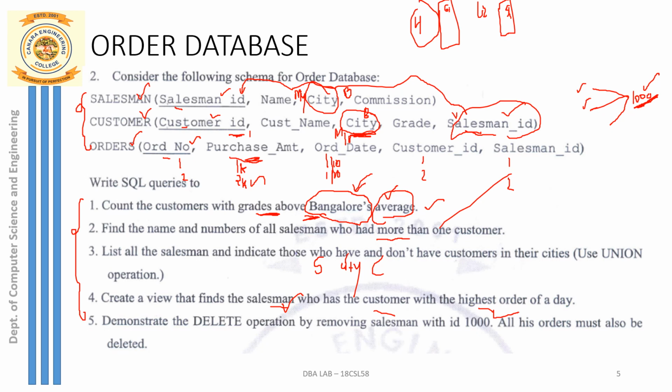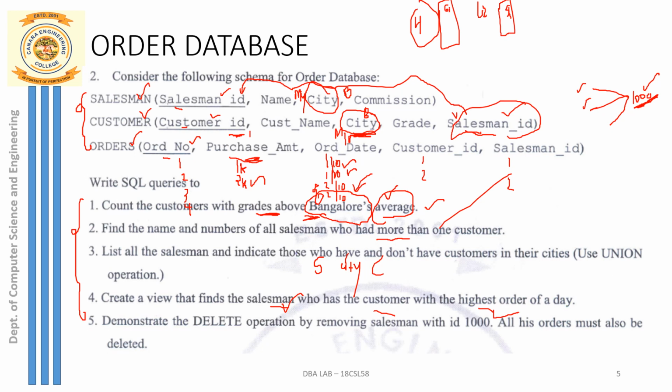In order to answer this query, I need to have entries in my orders table in such a way that on the same day I can find out the highest order. So I need to have multiple entries for the same date. Say for 1st October I have 2 entries, 2 rows corresponding to 1st October. Similarly, you make some more entries for some other date. Say the third row is about 2nd October. Again you take multiple entries for 2nd October, so you may have 2 orders again on 2nd October, right? Like that, multiple entries you need to have for the same date. So such entries you need to have.